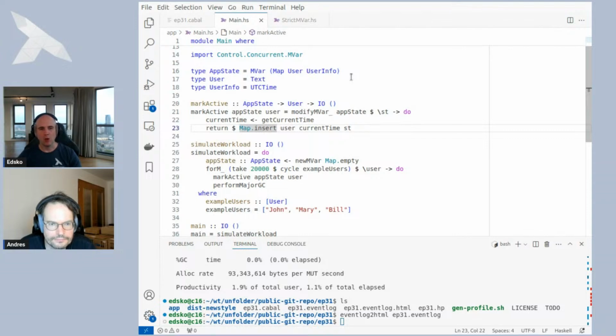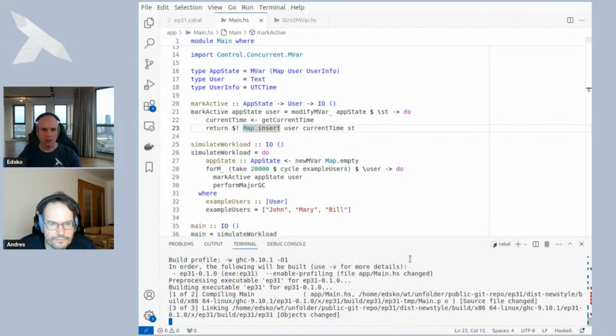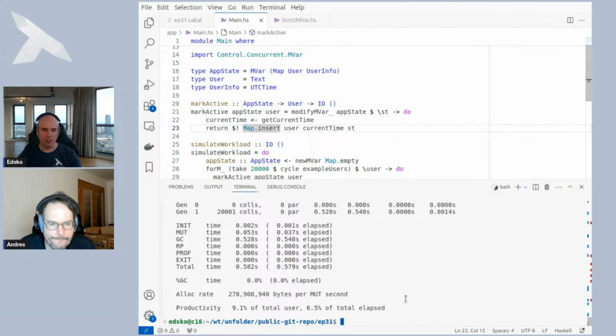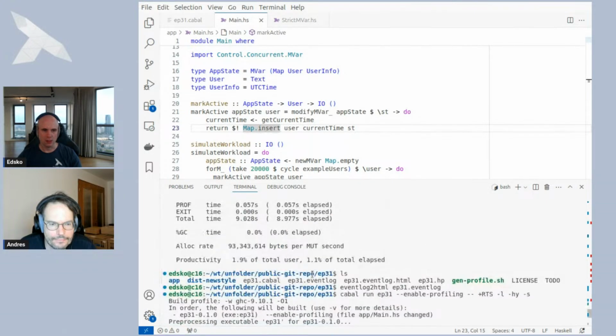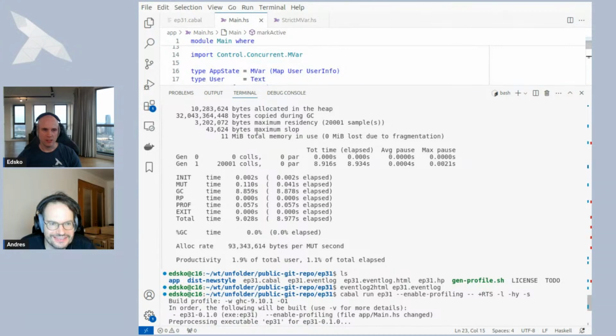One way to fix this would be to make sure that every time we update the MVar, we force this map. Now if I run my code again, it will run much faster. And if we look at the same line again, we see that it's only